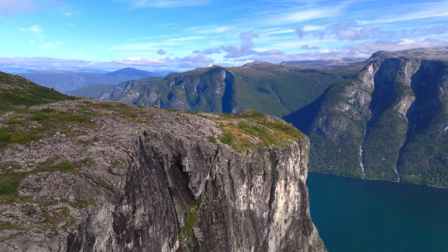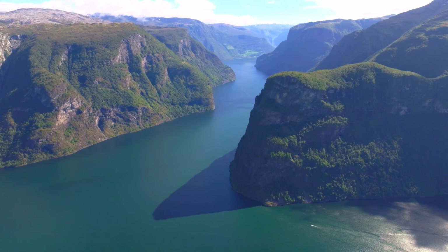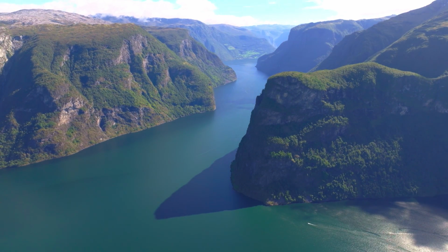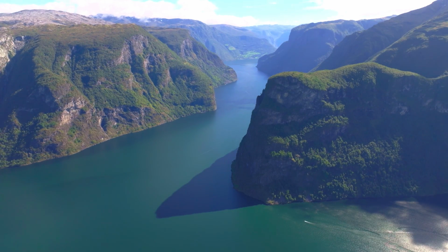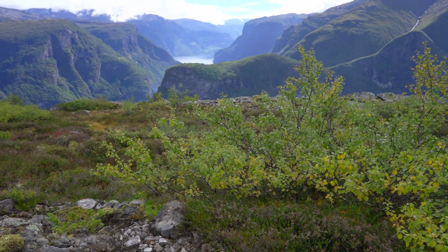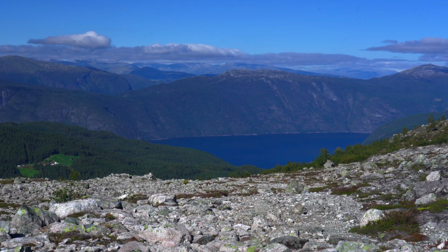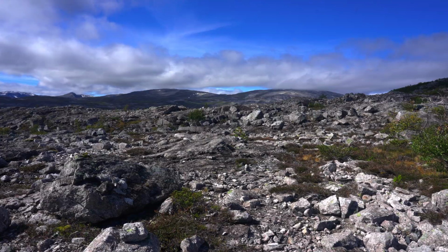The place is called Skomakarnipa, and it lies just above where the Nærøyfjord branches off from the Aurlandsfjord. The name is a bit unfortunate, as there are several better known places with different spellings of the name. Although it's only 15 kilometers in a straight line from Aurland, going there is quite an adventure, but one you'll